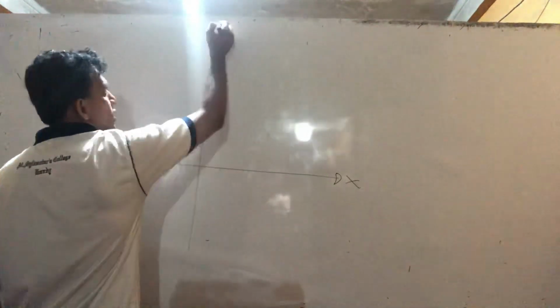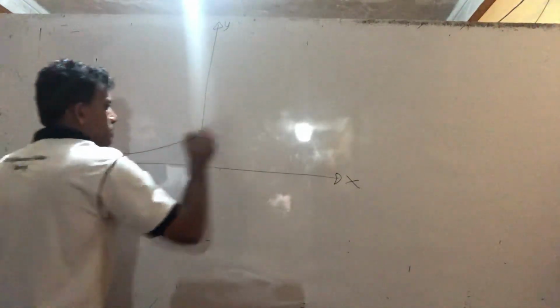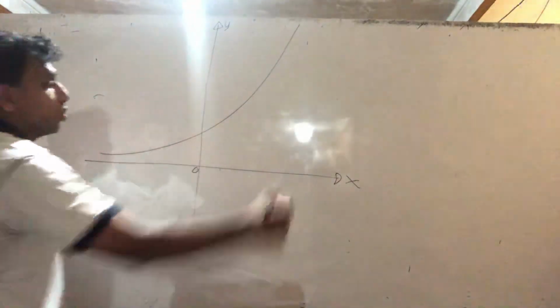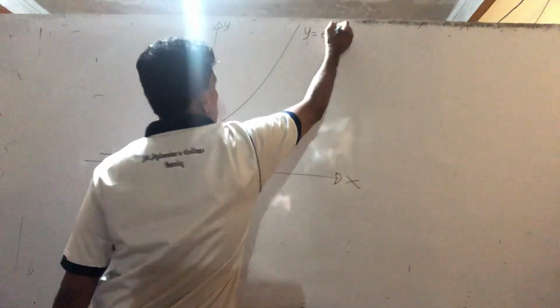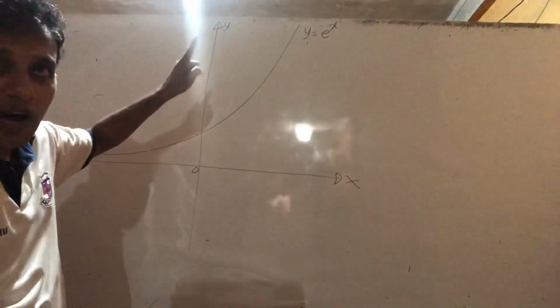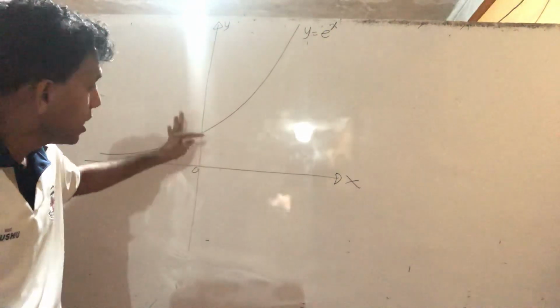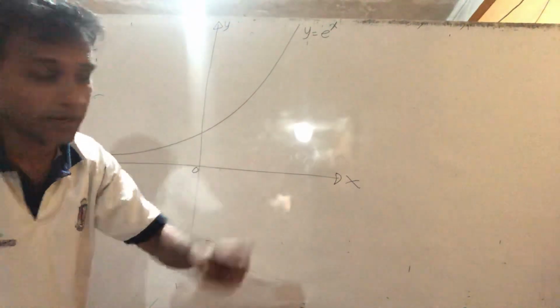The exponential function is called e. If you forgot, study the pattern like this. This is the y equal e to the power x graph shape, right? If you put x equal to 0, you can find where the graph cuts the y-axis. E to the power 0 is 1.